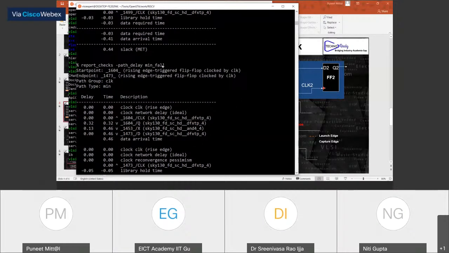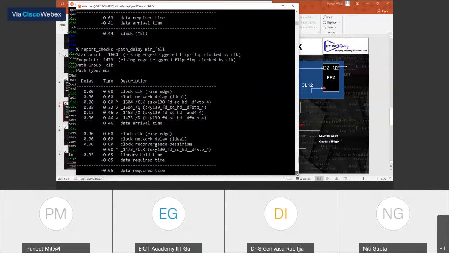Fall in the sense you want to do the analysis on the falling side. And what does that mean, falling at Q? At Q, it should be fall. If at Q it is rising or falling, that is a different thing. Now, you just want to understand what is going to happen between this and this.